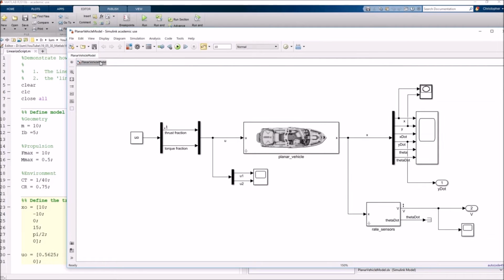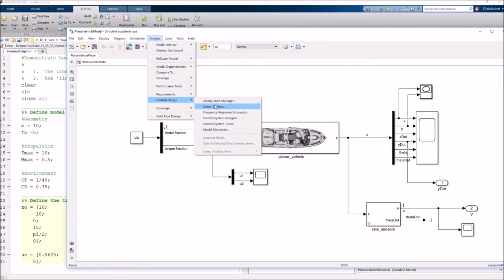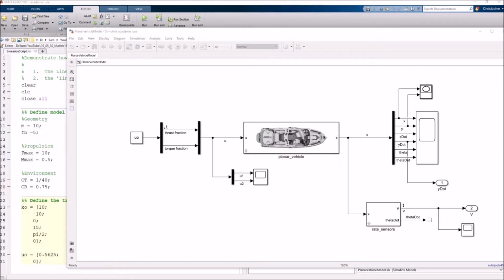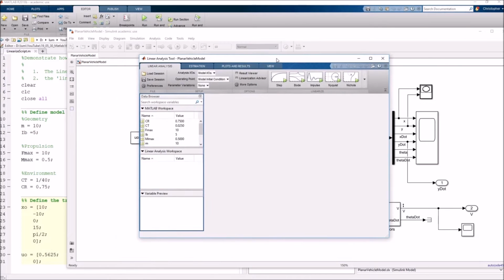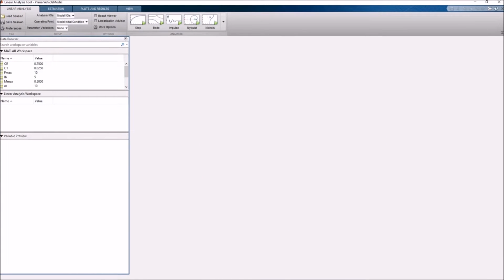Let's go ahead and hit save. And now all we need to do is we are going to launch, again, the linear analysis tool to perform the linearization. So I'll come up here to my Simulink model, click on Analysis, Control Design, Linear Analysis. And again, the linear analysis tool is going to pop up in another window. Let me drag it over. All right,